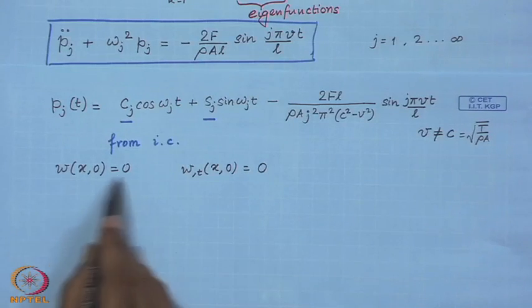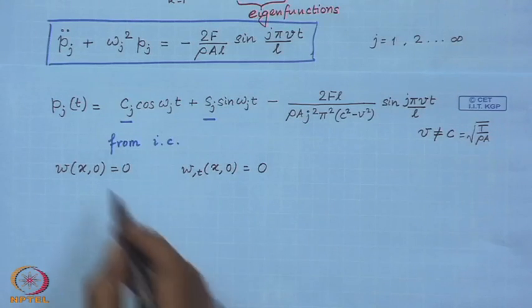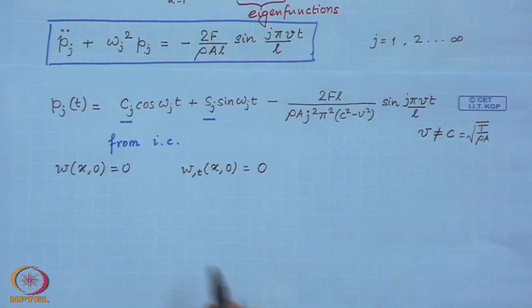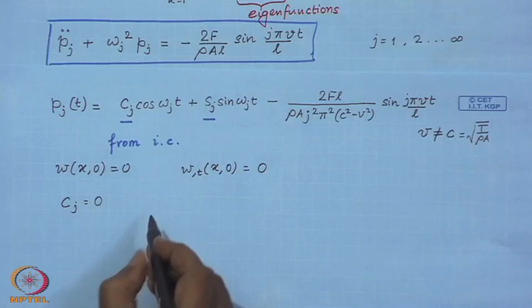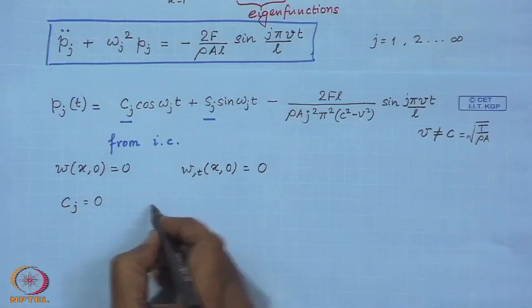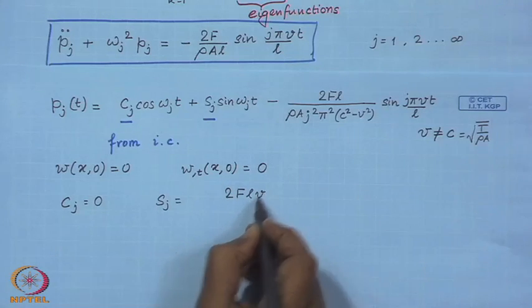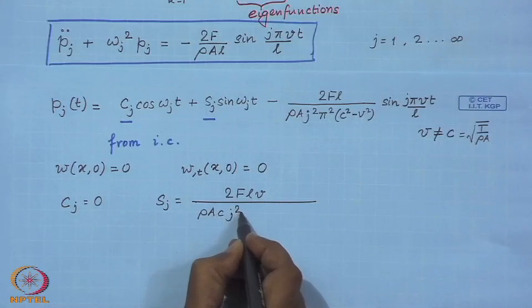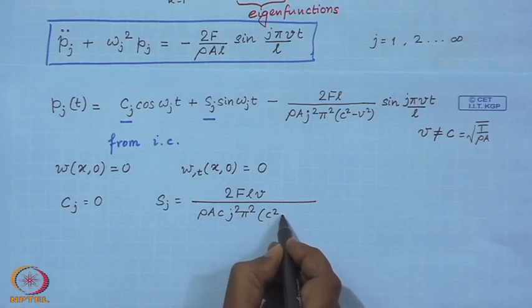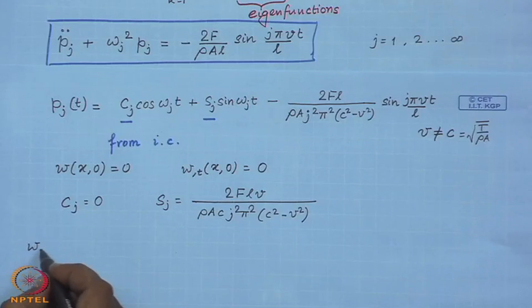So, initial displacement is 0, initial velocity is 0, and if you solve for these coefficients, then you will see that the coefficients turn out to be